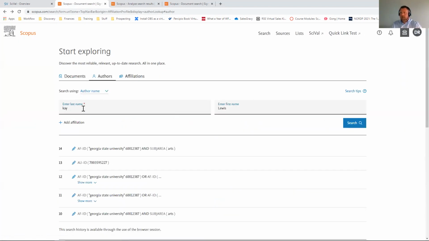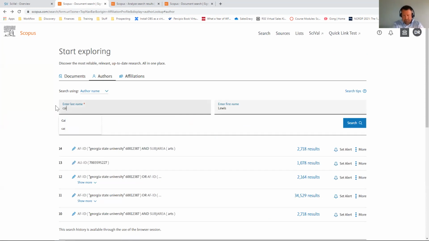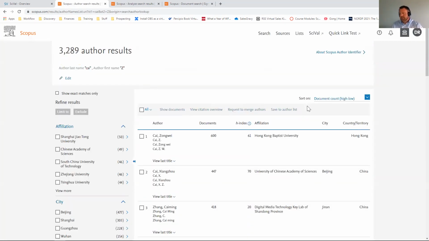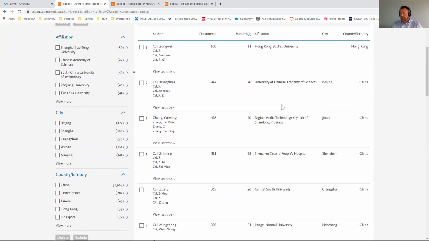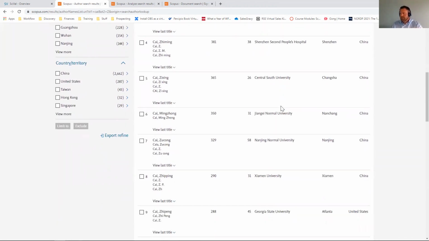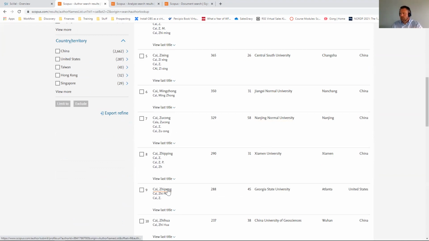What I want to do is highlight one of your authors who showed up in a number of my searches in preparation for today. And this is both in Scopus as well as CSAB. And what I've been able to determine is that this particular author here,